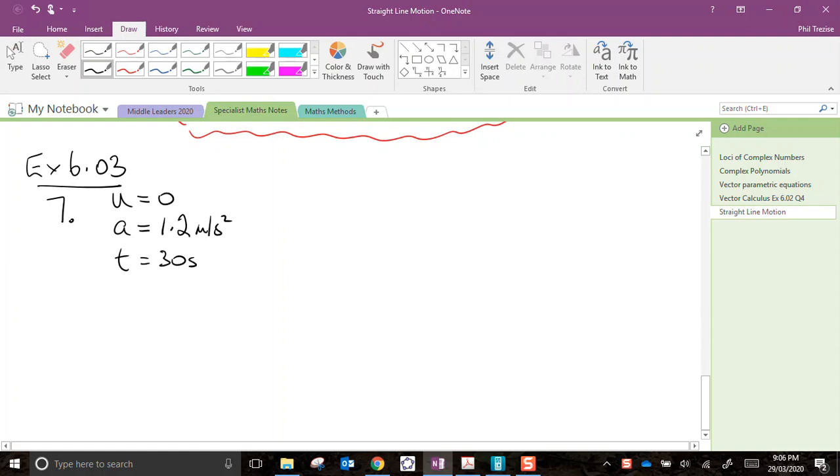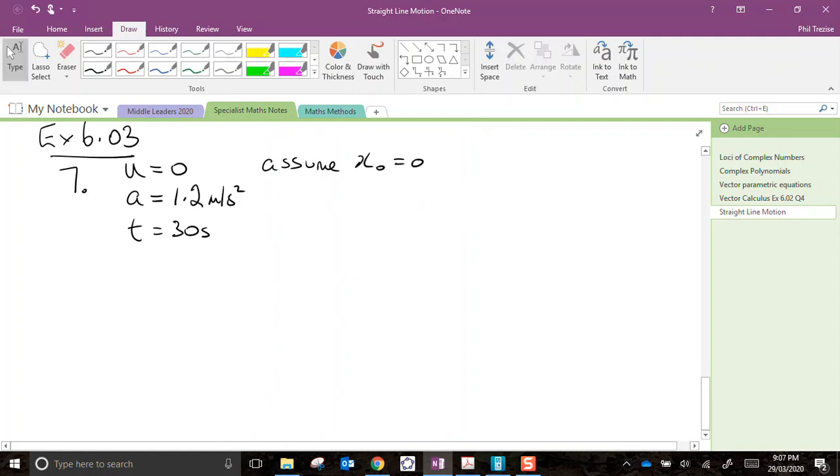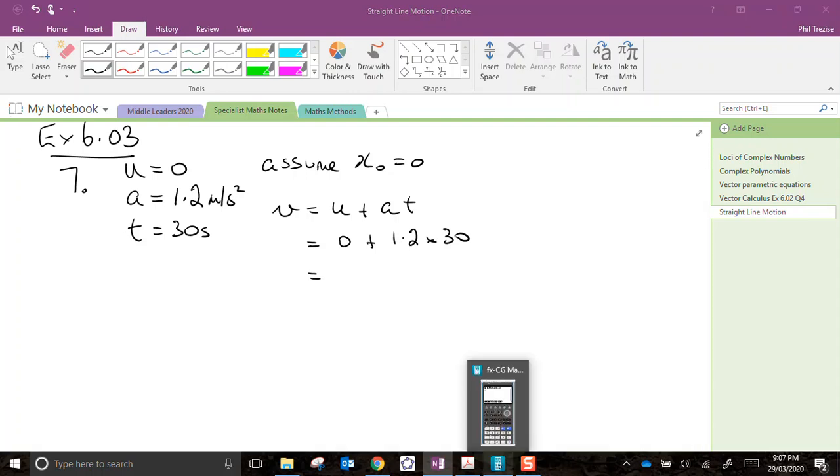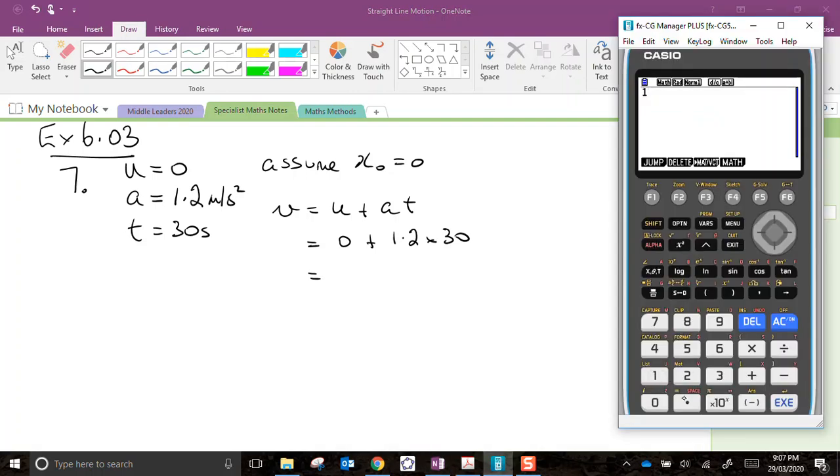They also want to know how far it will have travelled. So we will assume, quite reasonably, that x0 equals 0. In other words, the monorail begins from the origin of our coordinate system, and to start off it said find the speed of the train, so v equals u plus a times t. We noted that u equaled 0, acceleration is 1.2 multiplied by 30, so we could go 1.2 times 30 and we get 36